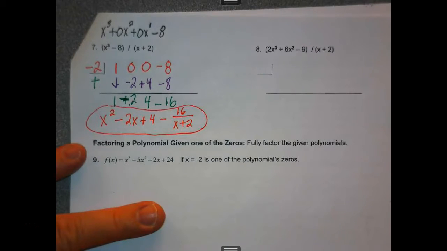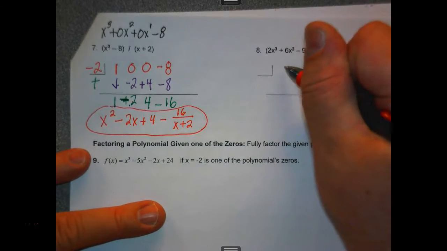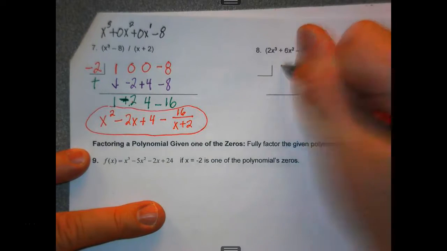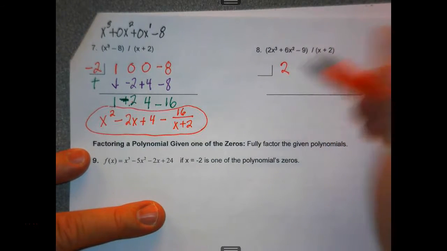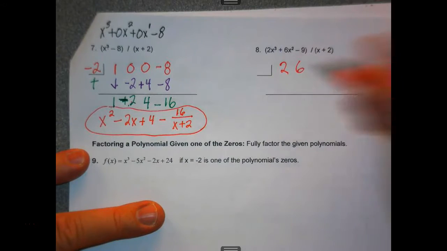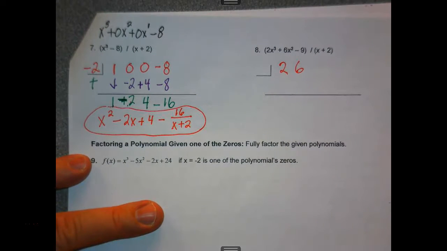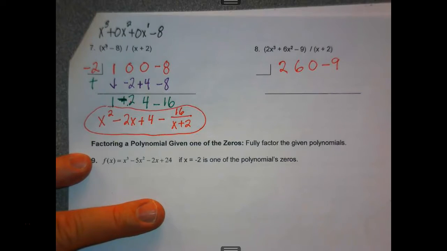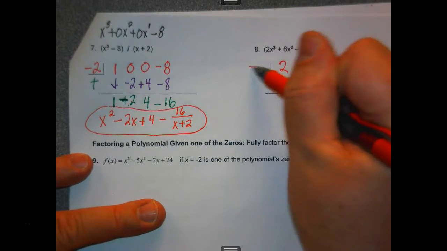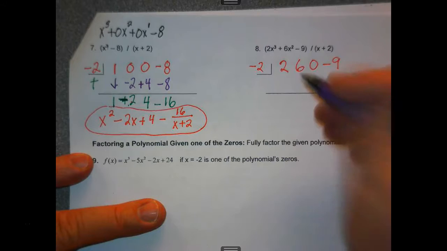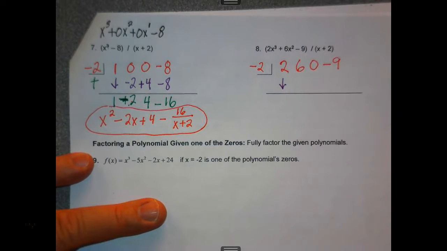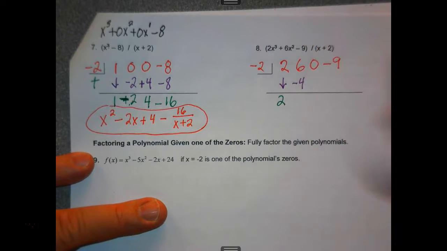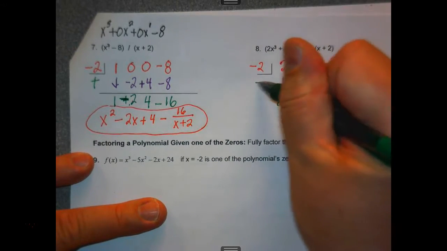Okay, number 8. What's the coefficient of x cubed? Negative. What's the coefficient of x squared? What's the coefficient of x to the first? 0. And then my constant. What does x equal? Bring down the 2. 2 times negative 2. Negative 4 plus 6 is